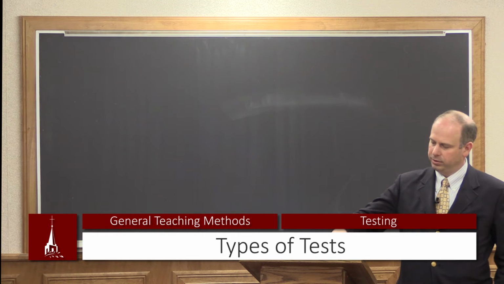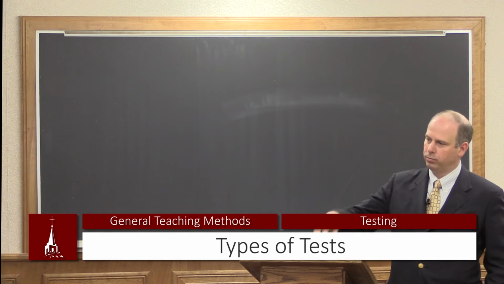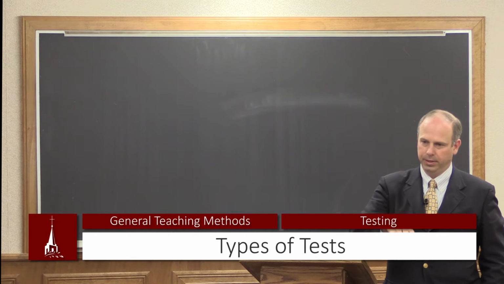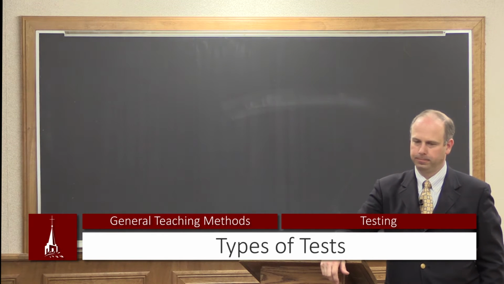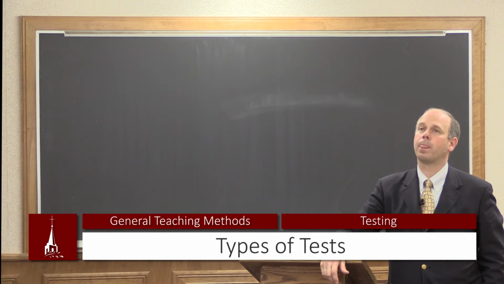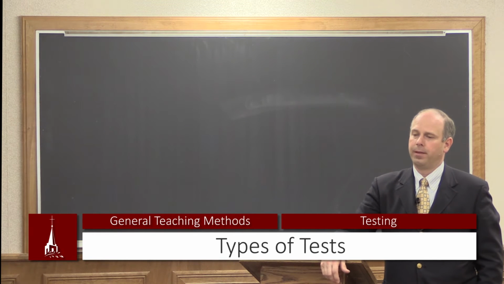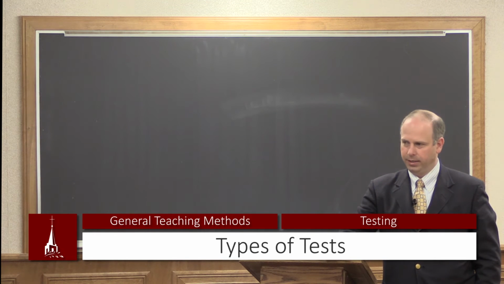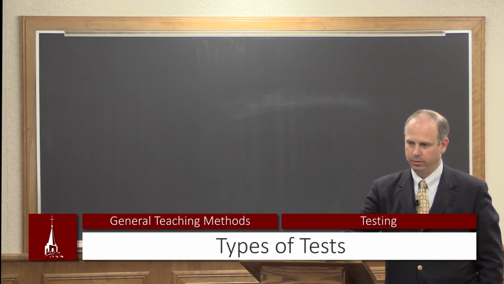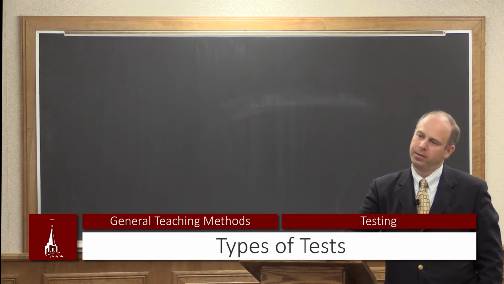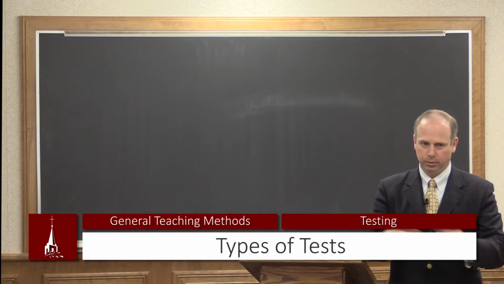So it's either referenced to a criteria or it's referenced to a norm, N-O-R-M. So the word norm is at the beginning, or is related directly to the word normal. Okay? So if a test is referenced to what is normal,